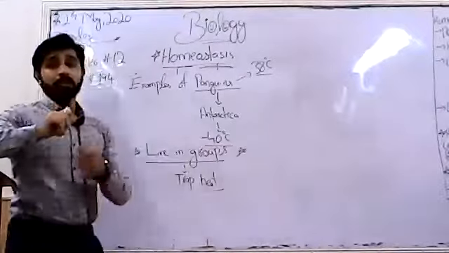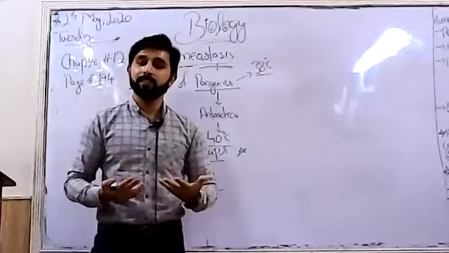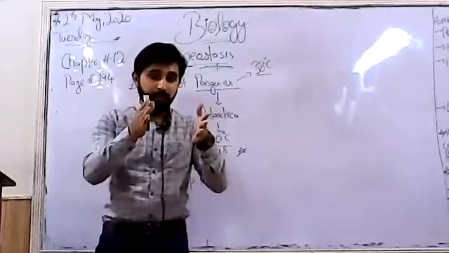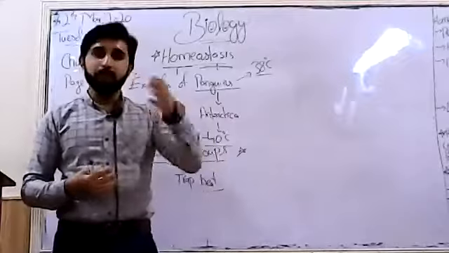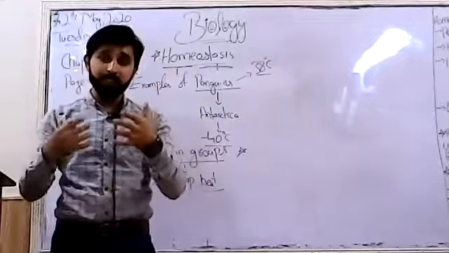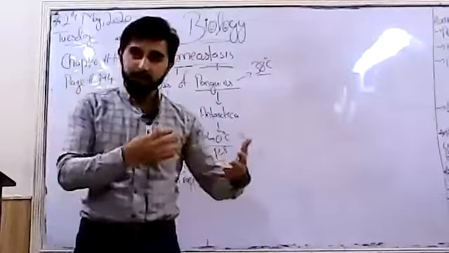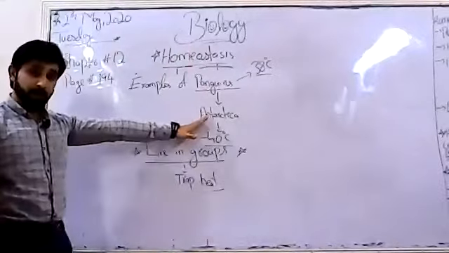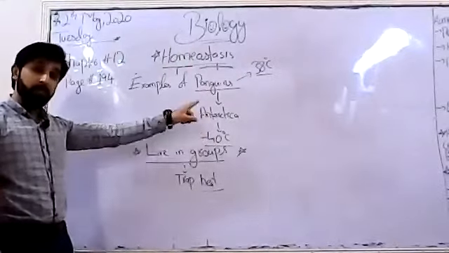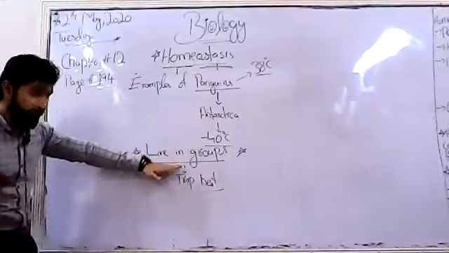And one important thing, we all know that our bodies are constantly producing heat so that we maintain 37 degrees centigrade. If we produce more heat, that extra heat will be liberated outside the body. And if we produce less heat, our body will tend to produce more heat by different mechanisms. So when I talk about penguins living in Antarctica at minus 40 degrees centigrade, they are surviving without any jacket or sweater. So this is the only thing that they are doing.